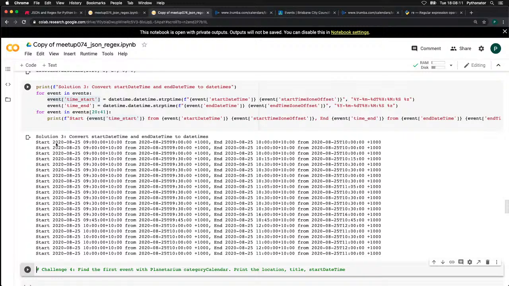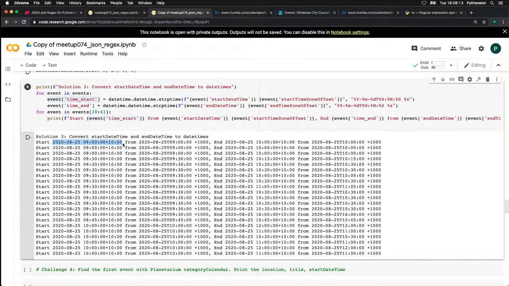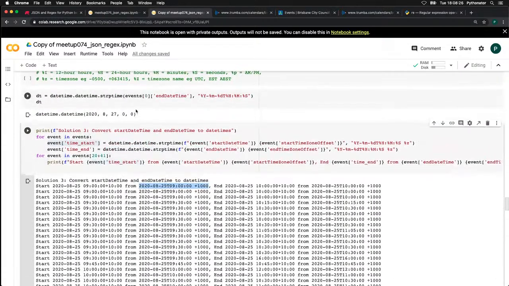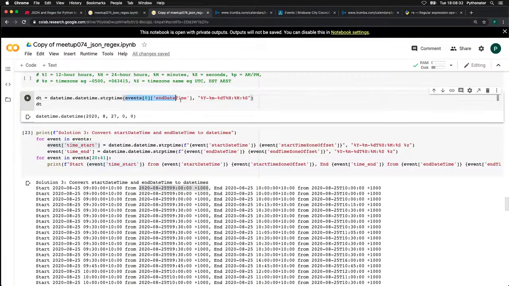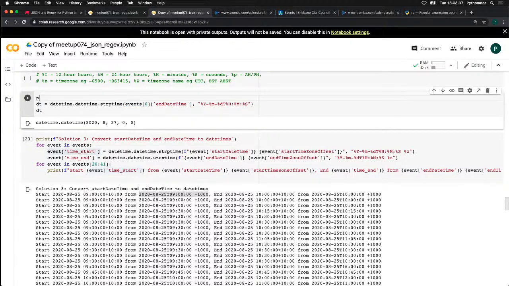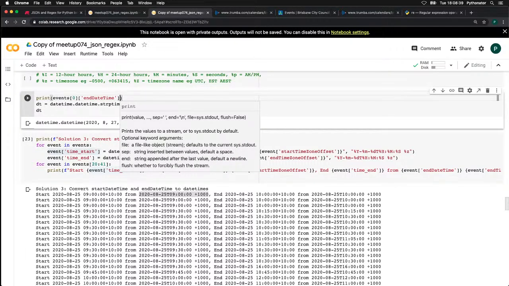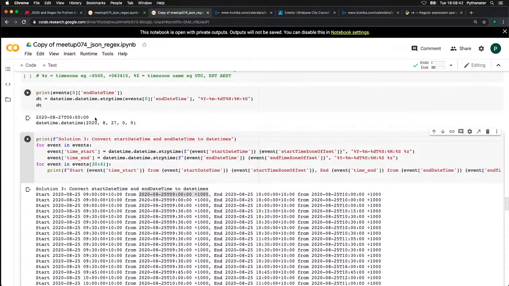There we go, so start, this is my new date time, and that came from this string here. Which had a time zone in it. I didn't remember getting the time zone. Let's have a look at the time zone. No, so there's no time zone in the one that I checked, but if you look at, let's look at